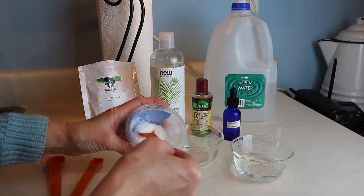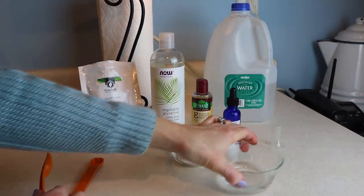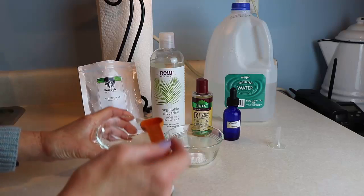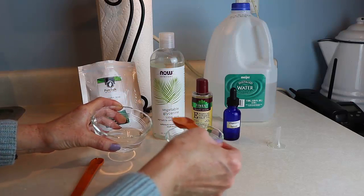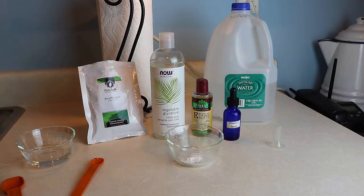All right, so I've got my refined ascorbic acid powder, and like I said, I'm going to double the 20% recipe. So I'm going to put in a half a teaspoon of the ascorbic acid, and now I'm going to be doing a 4-to-1 ratio to get the 20%. So if I'm doing a half a teaspoon of the ascorbic acid for a 20% concentration, I'm going to need 2 teaspoons of base. So instead of doing 2 teaspoons of water, I'm going to do 1.5 teaspoons of water and stir that up, and later I'll put in the